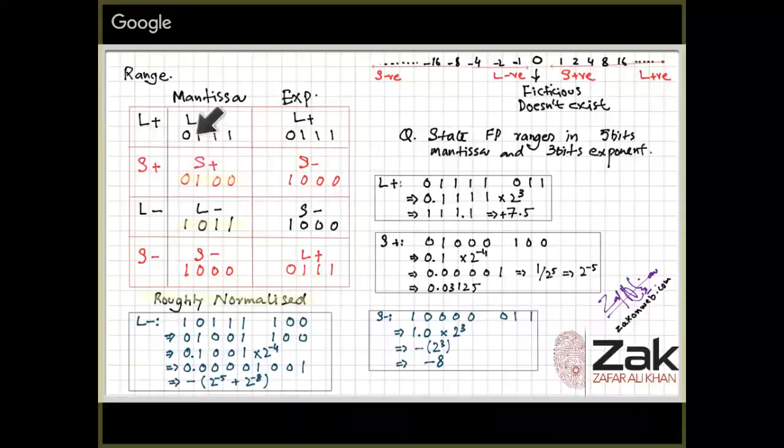Alright? So you would have to memorize all these. In order to get the largest positive number, you have to have the largest positive Mantissa and largest positive exponent. Why do we have these zeros on the left? Because this is -1 and this is 1, 2, 4, -8. These are two's complement. So in order to avoid any negative number there, we have to actually have positive numbers. So if it is 2's complement and we need to know the largest positive number, we have to avoid the 2's complement side. Alright? So if we solve it, this would become the largest positive number 0, 1, 1, 1, 1